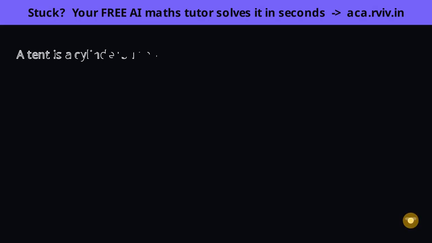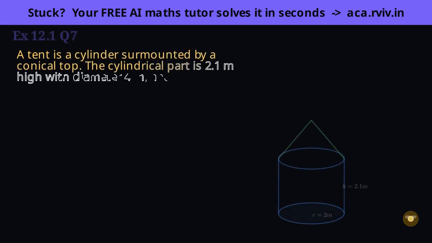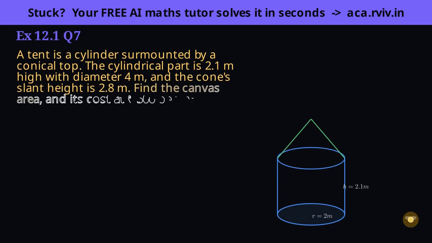Think about a real tent before reaching for formulas. Canvas covers the walls and the roof, but never the ground you stand on. That single observation kills all the base circles. Let's reason from the real object. The canvas is only the cylinder's curved side wall plus the cone's curved roof. There's no canvas on the floor, that's bare ground, and none at the joint where the roof meets the wall. So we drop every base circle, leaving just 2 pi r h plus pi r l.